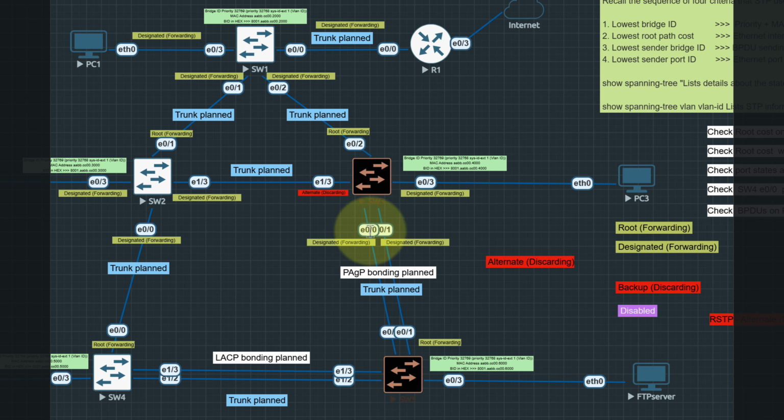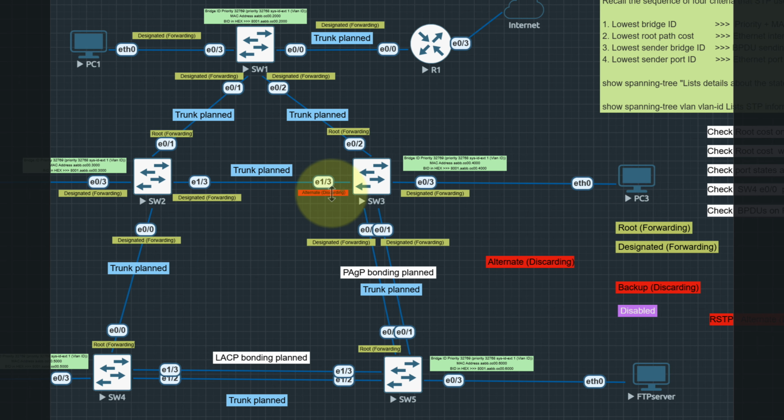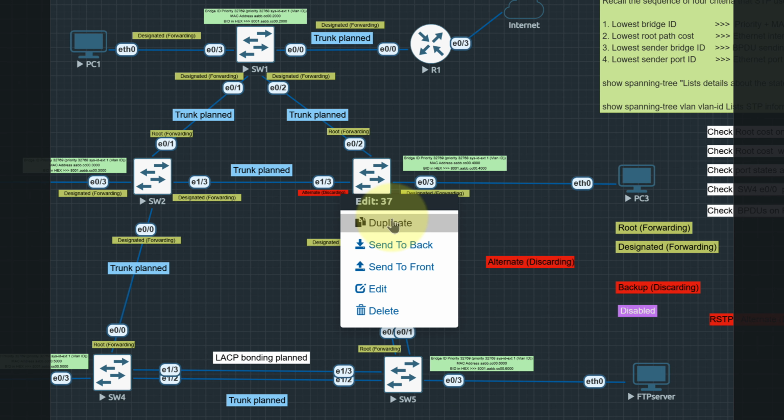Previously I stated that the port IDs are generally lower on the lower-numbered ports, and we will check it later from the spanning tree. I think that E/0 should be the root port. So let's move it to the left. In this case, this port will be the blocking one, or alternate discarding. Let's duplicate it